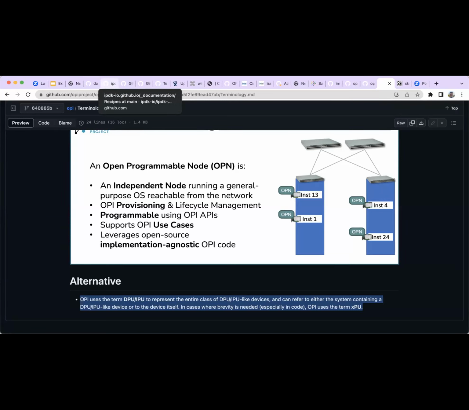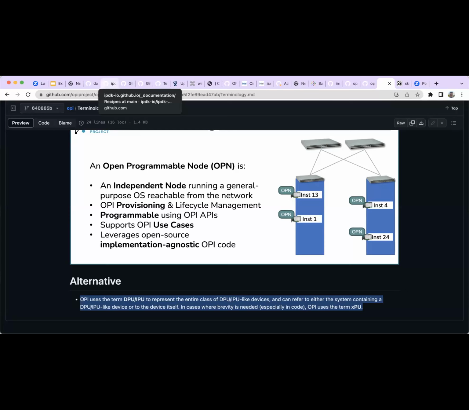Okay. Yeah, because that's a disaster. No one will understand why we did that, and it's a terrible idea, honestly. So if OPI needs to retain DPU/IPU, I'm fine with that. If anyone has an objection, we could argue again. We could put it to a vote, but I don't think there's any harm.